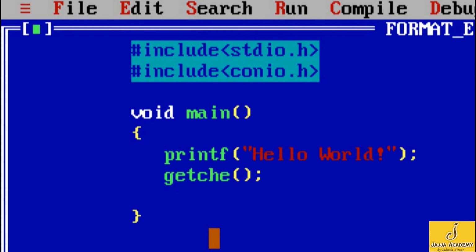Actually, E was printed on the screen, but before I could see that E letter on the output screen, the control was back to the program. Now, in order to hold the output screen to see the output of this getche function, I'll use another getch function that will hold my output screen to check the output of the previous getche function. Now let's execute it again.